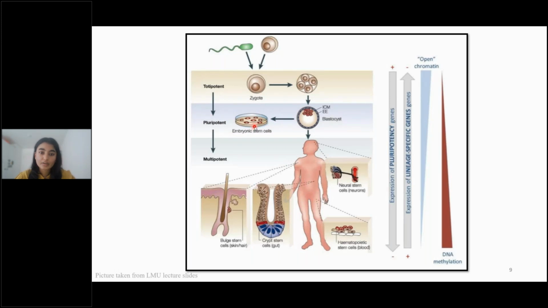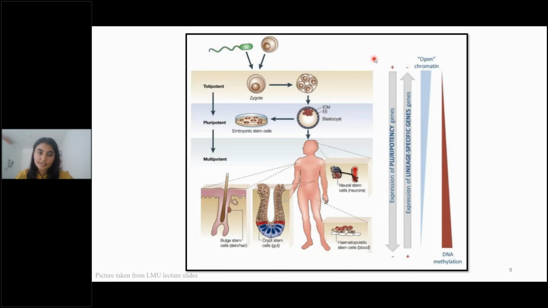But if we don't do this, if we let the blastocyst differentiate more and then we extract the cells, we will get the multipotent cells which are very specific, right? You'll get the neural stem cells which will only form the neurons. You'll get the hematopoietic stem cells which will only form the blood related cells. You have the cryptic stem cells, which are of the gut or the intestinal lining. Then the bulge stem cells, which will form the hair and skin cells. So it will be very specific.